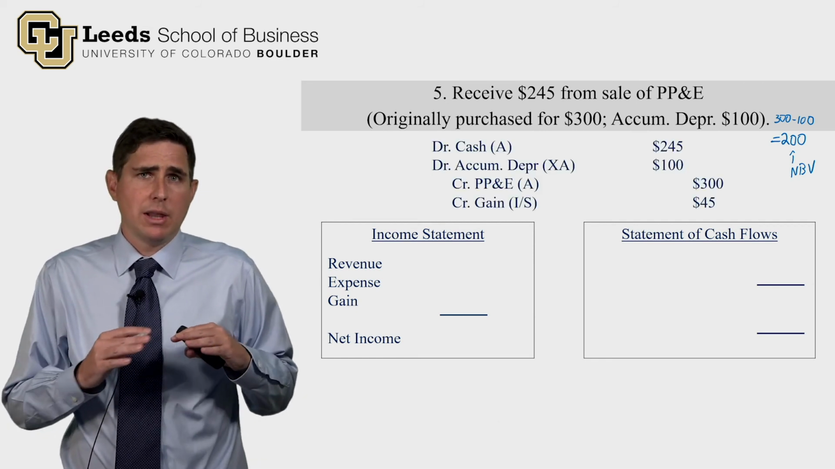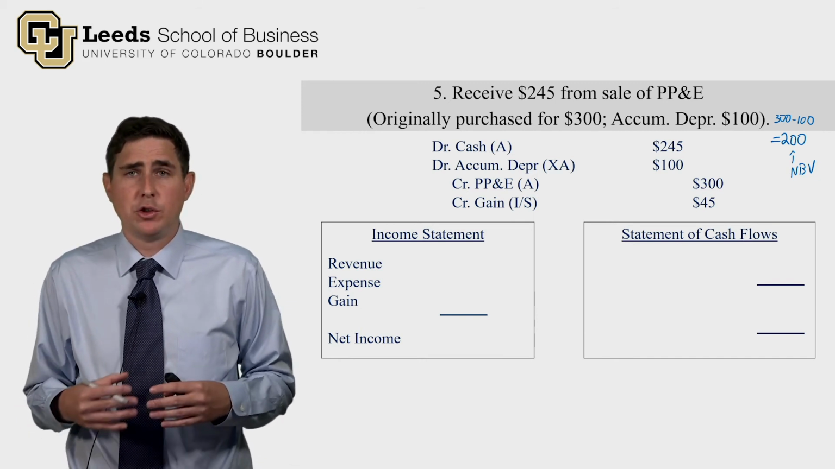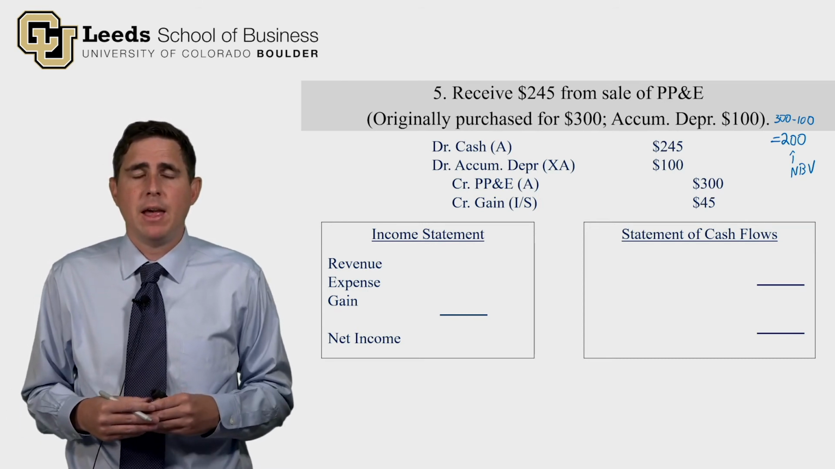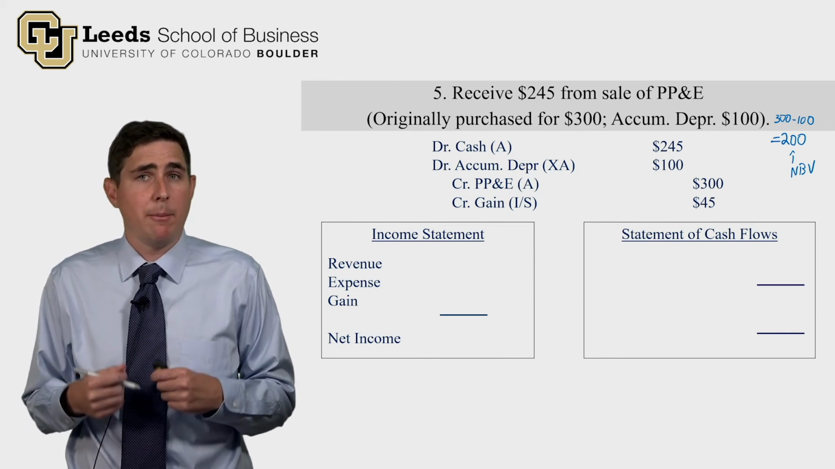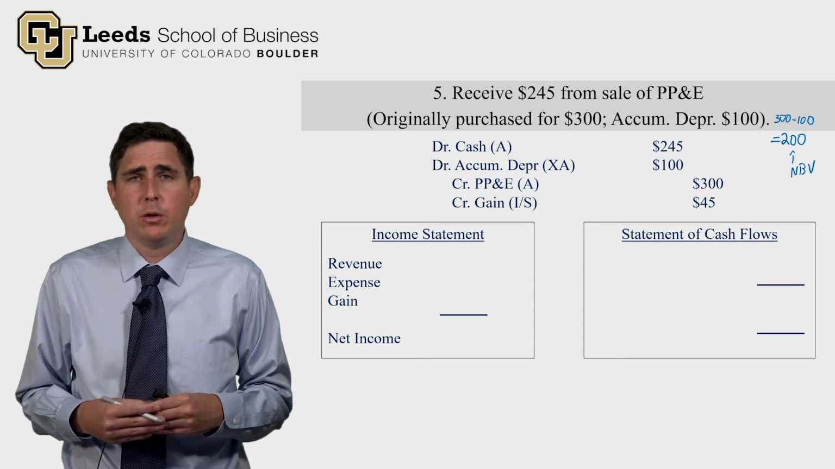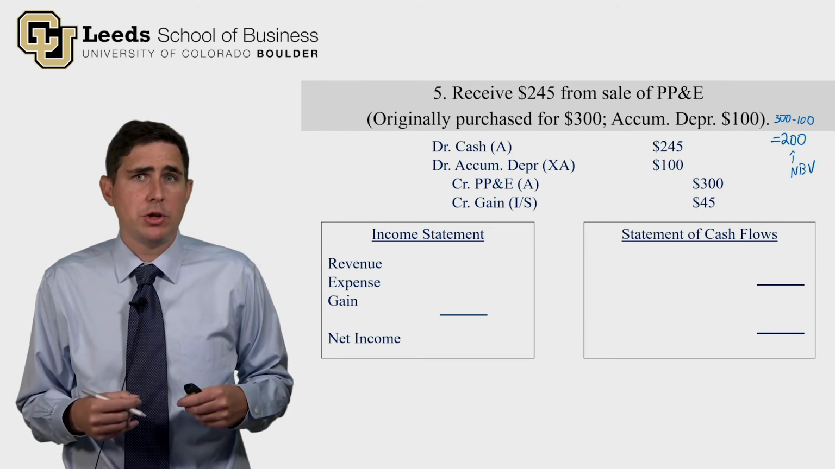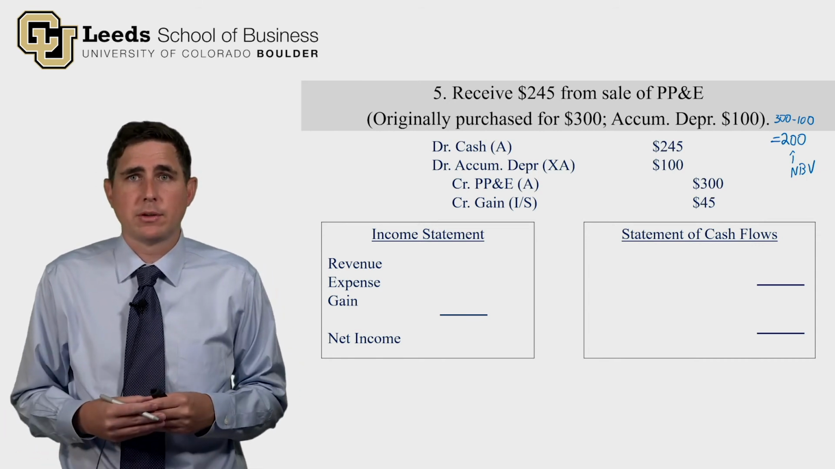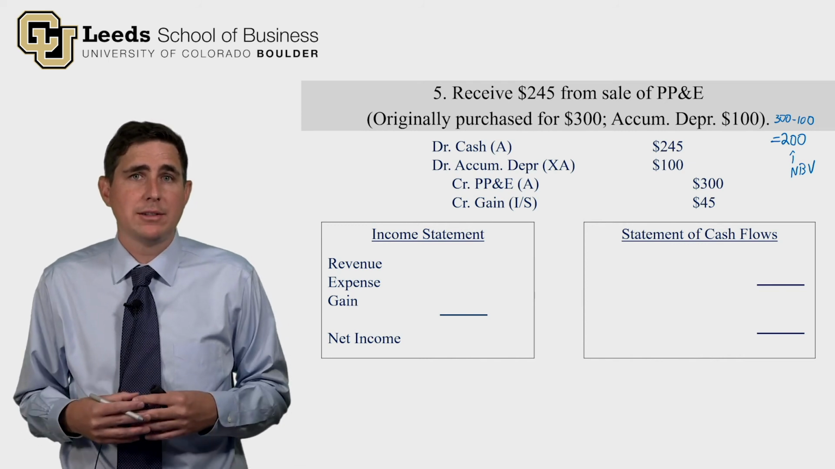Okay, let's go line by line. The first line is a debit to cash, the asset account, for $245. That's the cash we received for selling the PP&E. The next 2 lines are what we do to remove this PP&E from our books. We no longer own it. So that gross book value of $300, we need to credit the PP&E account to remove it from our books. The accumulated depreciation of $100, well, that's a credit balance, so we need to debit it to remove it from our books. And finally, to balance the journal entry, you'll see here we have our credit to the gain account